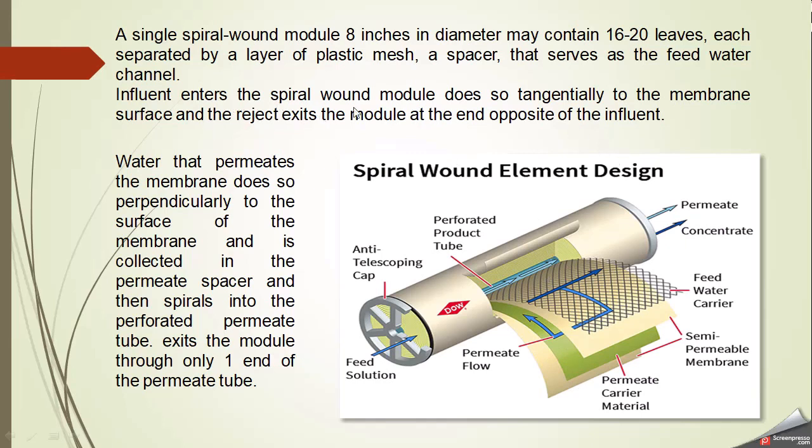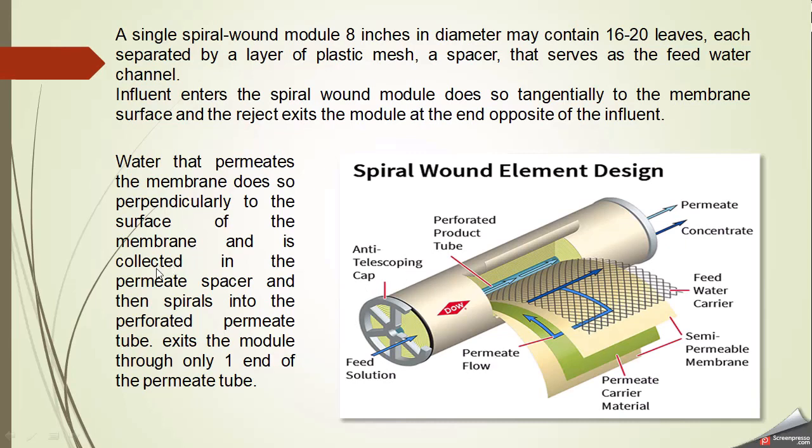Influent enters the spiral wound module tangentially to the membrane's surface, and reject exits the module at the end opposite of the influent. Water that permeates the membrane does so perpendicularly to the surface of the membrane. This is the membrane, and the flow is perpendicular. You can see from this